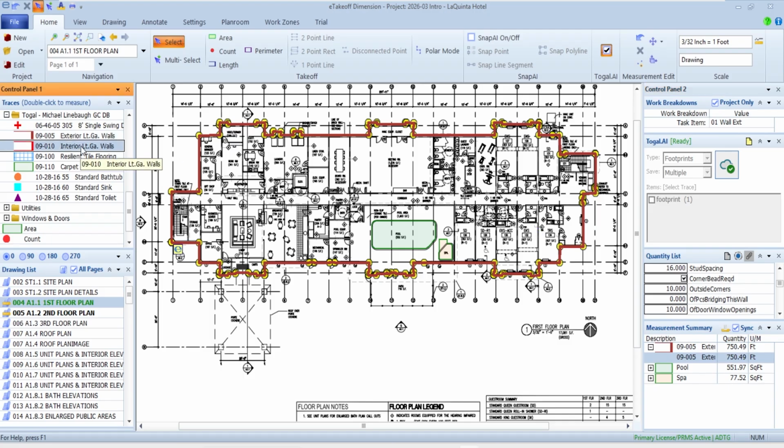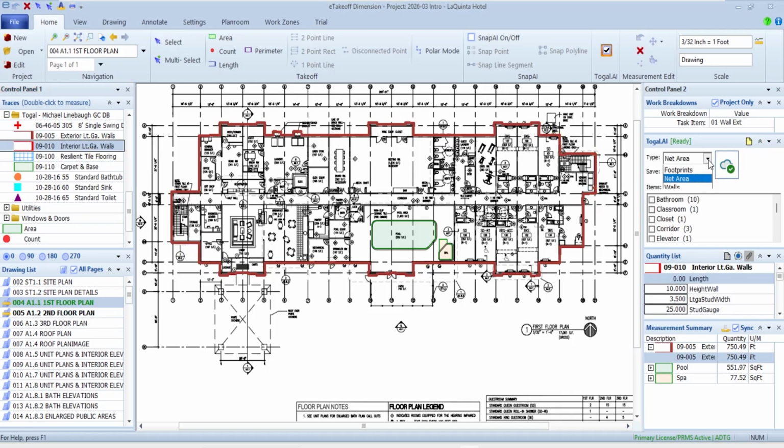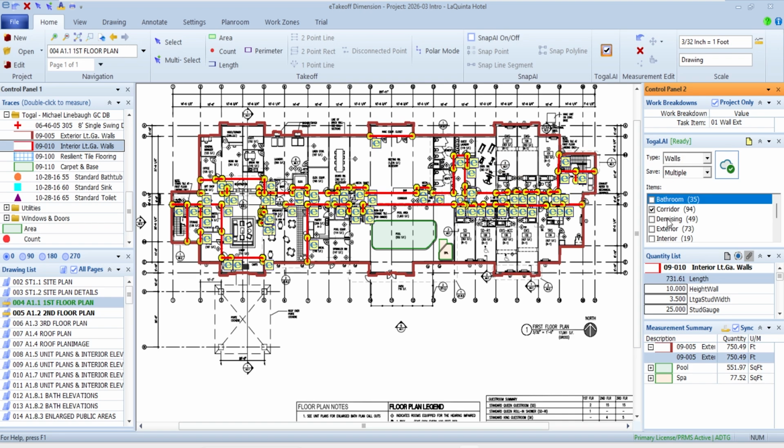I'm going to go ahead and think about some interior walls. For interior walls, I'll do kind of the same thing. I'm going to come over here and say walls. Instead of highlighting all the different walls, the first walls I want to do are the corridor. There are all my corridor wall lengths. Again, I can answer all my questions. If I wanted a 3 5/8 stud instead of a 6-inch stud, or drywall on both sides of the wall, I could define that.